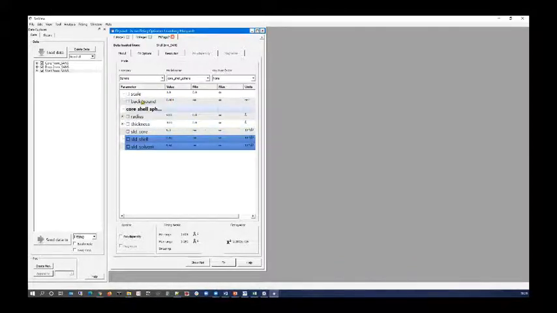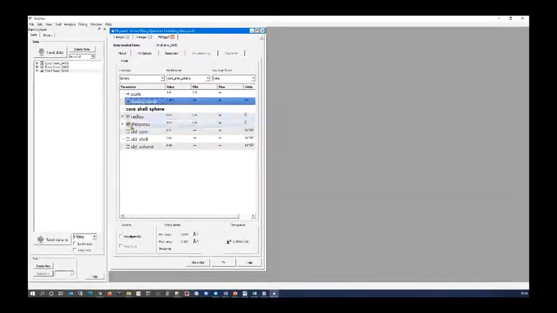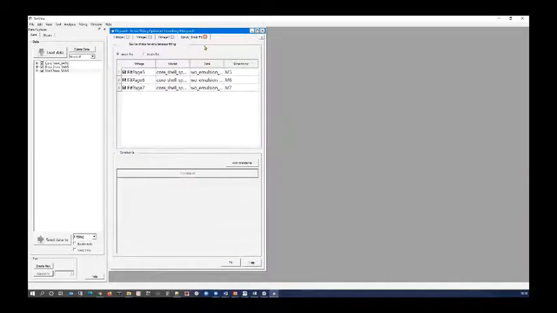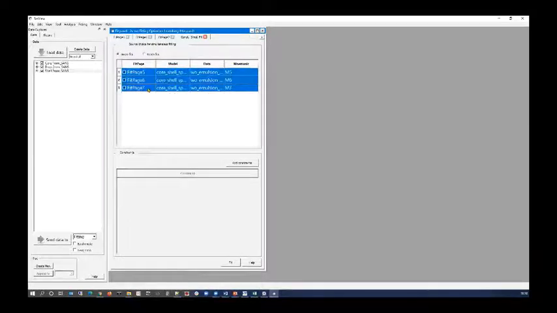So what are we going to try and optimize here? Well, we're going to optimize the volume fraction, the background, the radius, and the thickness. So scale, background, radius, thickness. Now, rather than click the fit button on each of these individual fit pages, I'm going to go up here to fitting, and choose constrained or simultaneous fitting. That creates another page. I can click on one of these data sets, hold the shift key down, click on the last to select them all, right click, and I can choose